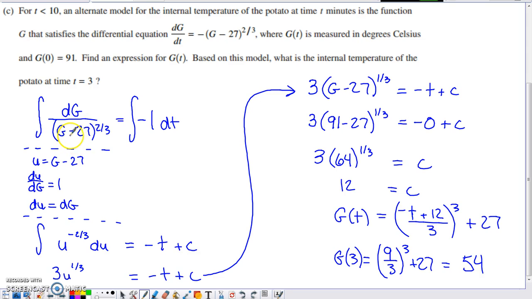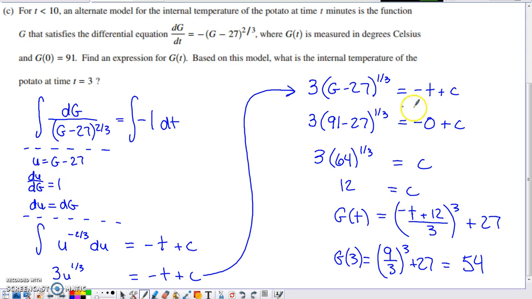And then I also realized I can bump that u to the 2/3 into the top of the fraction by changing it to a negative exponent on that u. And so I applied my power rule for antiderivatives: add 1 to that power, divide by the new power. Well, dividing by 1/3 is the same as multiplying by 3. I took my work up to the other side here. I guess I'm kind of forgetting what I did here. That should be pretty obvious though, right? The antiderivative of -1 with respect to t is negative t. That is the side with the independent variable on it, so I am going to add my constant of integration to that side. And then moving up to this other side, back substituting g minus 27 in for u